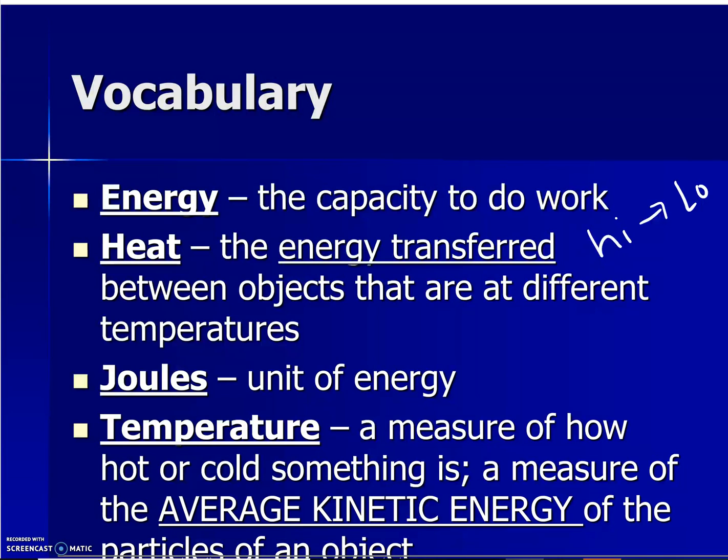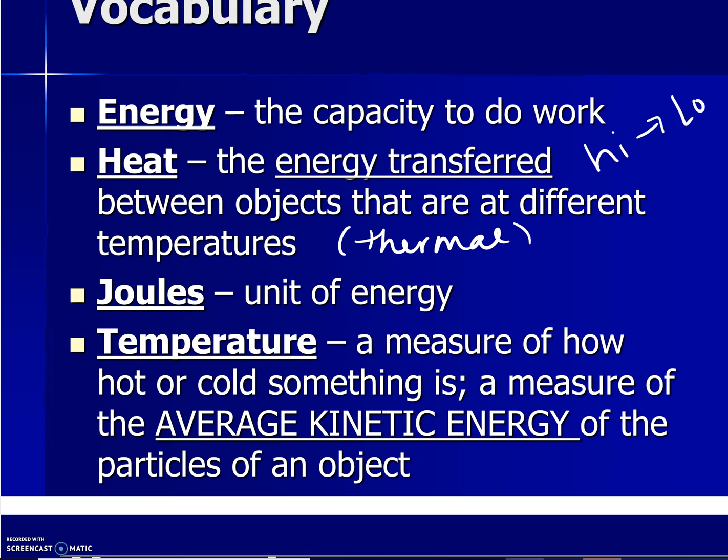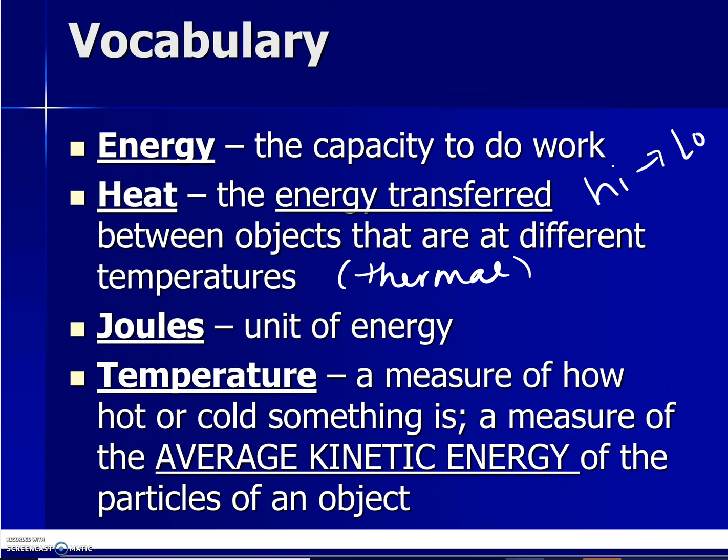Joules are the units for any kind of energy, and in this case, heat energy or thermal energy. And temperature is a measure of how hot or cold something is. The average